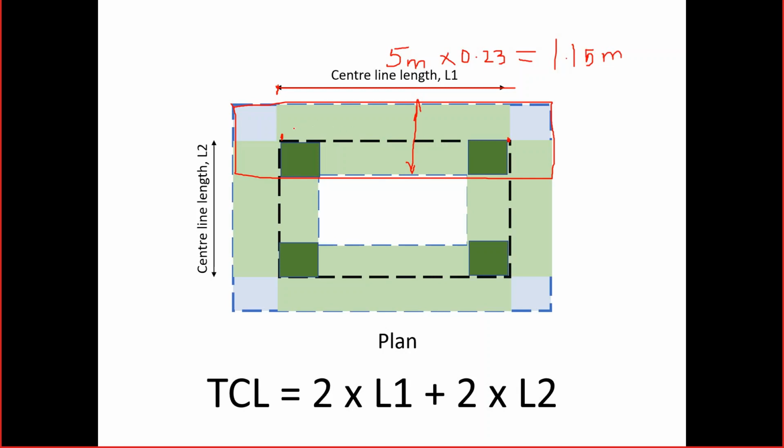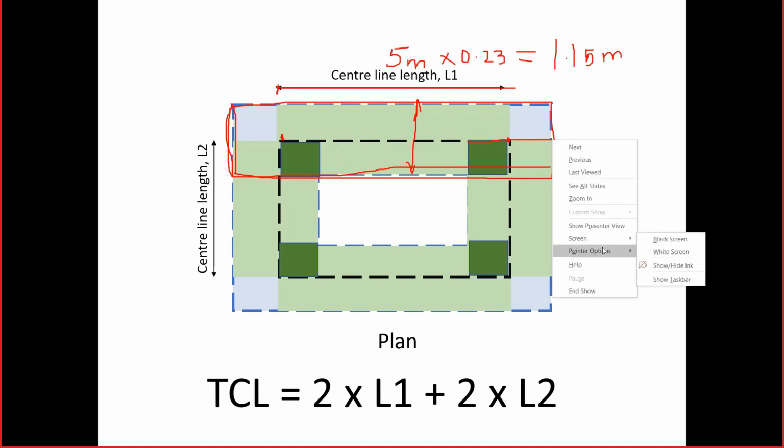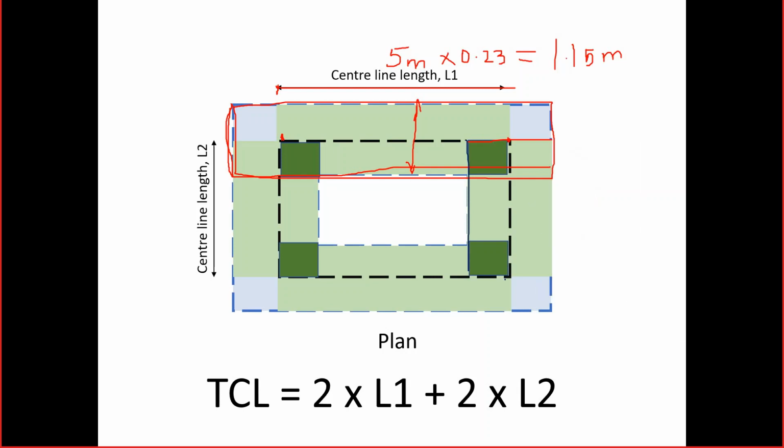Let us say that I have done the excavation from here to here. I am repeating, I have done the excavation completely from here to here, though the centerline length was from here to here. Now, when you look at the next wall, let me use some other color. When I do the excavation for the short wall, though it is a centerline method, I'm saying long wall and short wall just to understand it better. I've done the excavation for the long wall, and now I'm doing this excavation for the short wall.